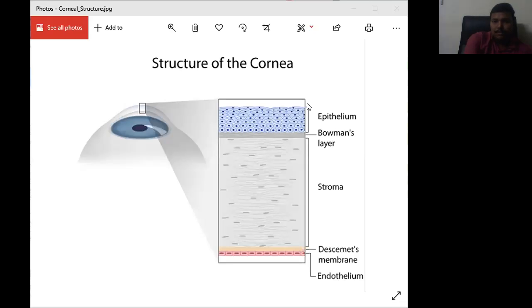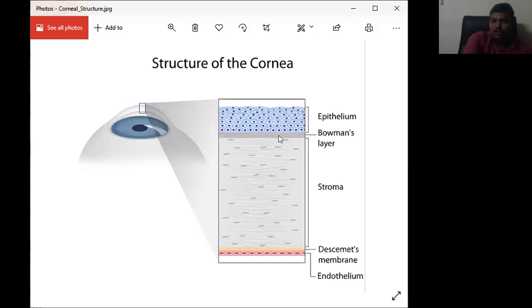So if you see the epithelium here, this is the outermost layer of the cornea, and it is made up of 5 to 6 layers of epithelium, which are very closely attached to one another. This close bonding of these cells will help the outer tears not penetrate into the stromal layer, right? The tears present on the outer surface of this cornea will not enter inside due to this close packing of the epithelial membrane, and then the Bowman's layer, right?